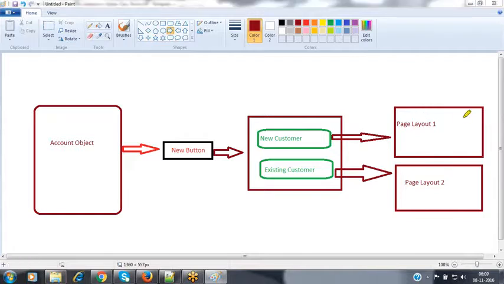In this page layout, we can specify whatever fields you want to show and whatever pick list values you want to configure, so that we can specify whatever options you want. Now, in my user interface, I want to configure this. For example, I have some customer who may be a new customer, or he may be an existing customer. Let's come to a general scenario. Assume that this is a TCS organization where we are recruiting a new employee today.